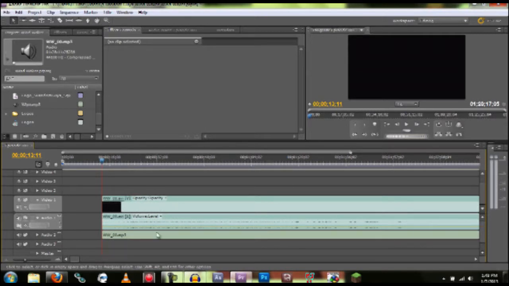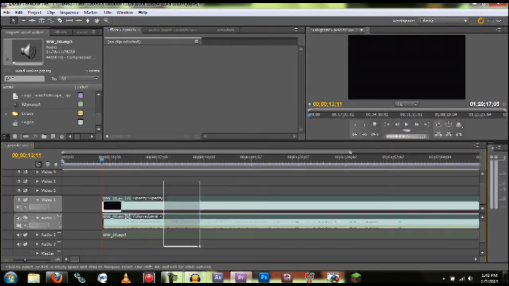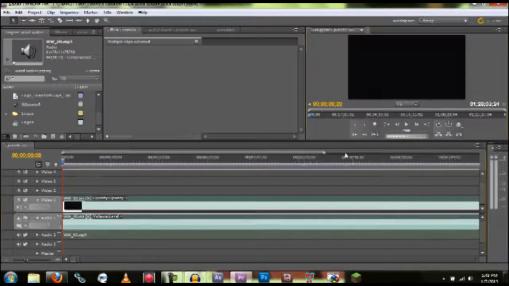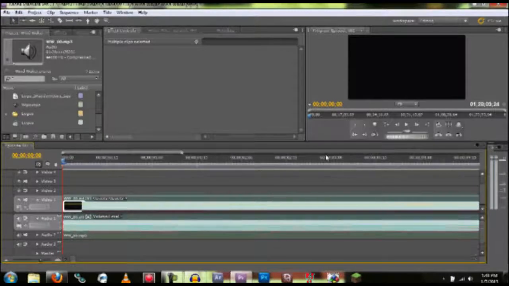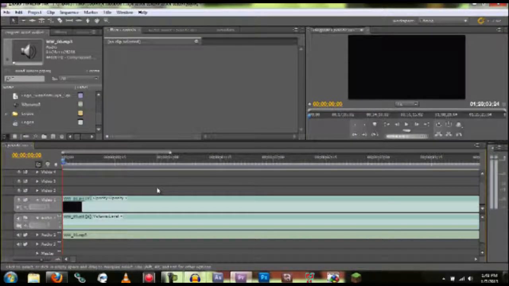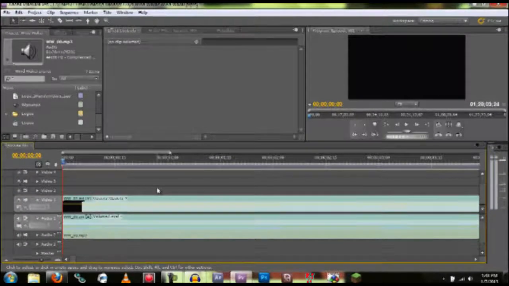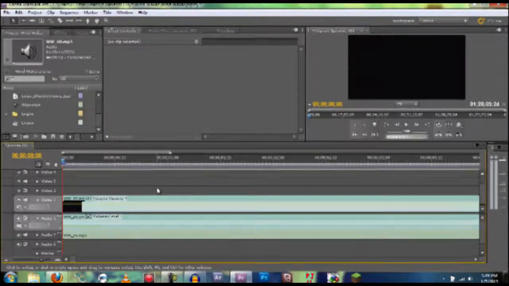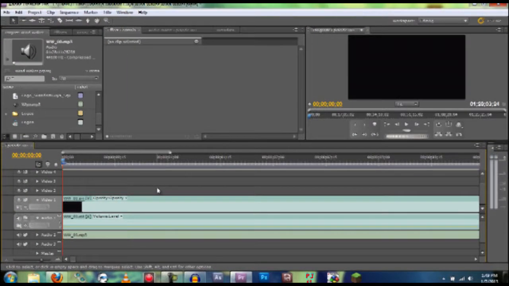But I need to move these to the front. So I'll zoom out, click and drag a box around them, click and drag them to the beginning, and now they're pushed back to the start. Zoom back in. I don't want to get too far in. I zoom in mostly so I can do little tweaks of the audio and stuff,